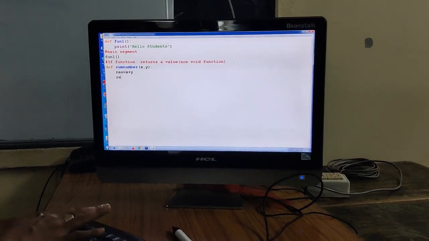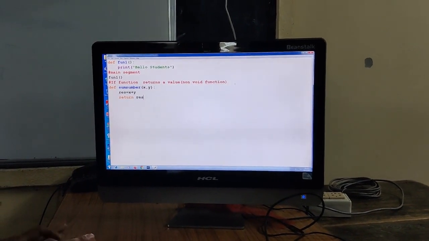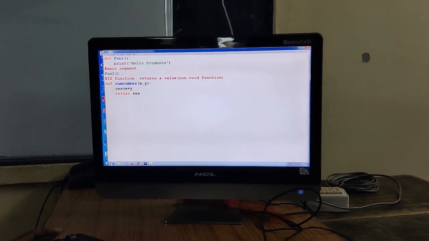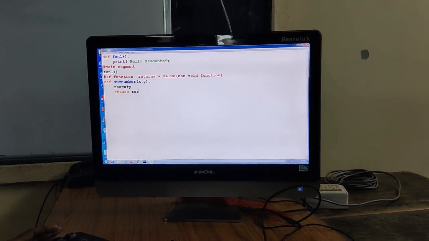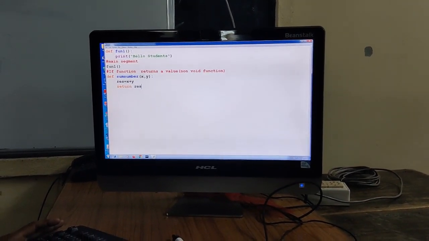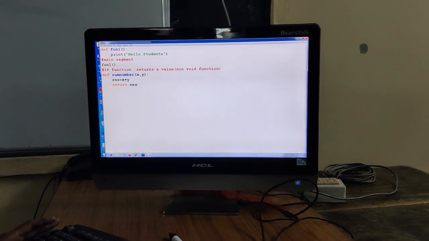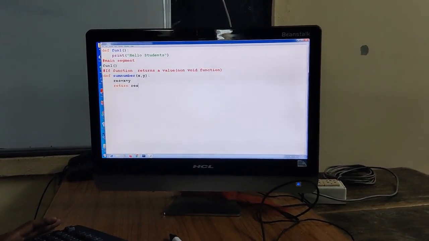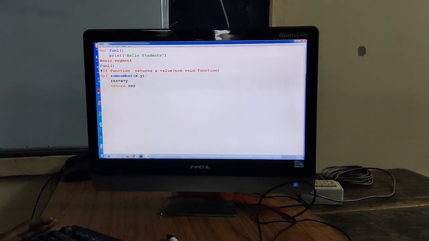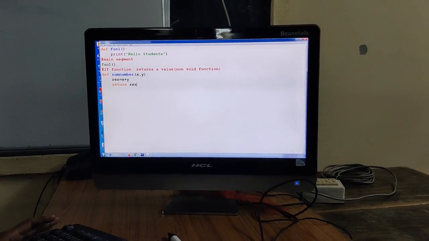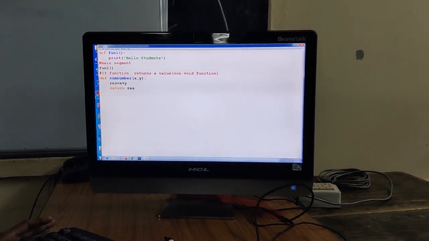I want to return the value of the result variable. So see students, here sumnumber is a function with two arguments, and I have added the values of x and y and stored them inside the result variable. Now I want to return the result variable to its calling part.